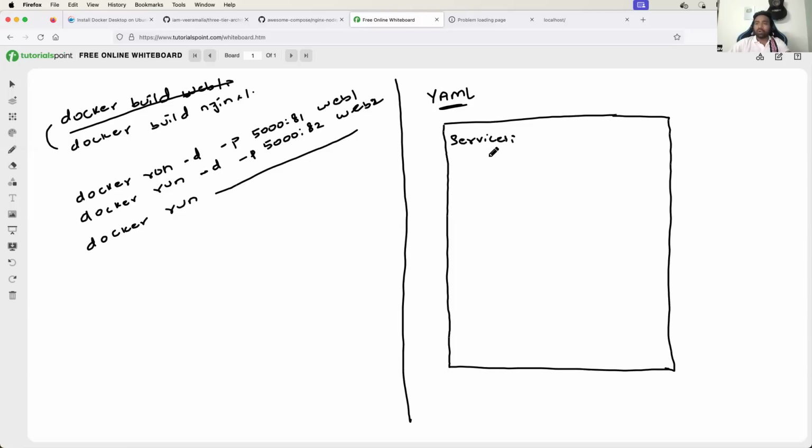Within the services, what are the names of your services? First one I can call as web1. Next I can call as web2. Next I can call as Nginx. Within this, that is within the web1, what do you want to do? I want to build it. How do you build? Provide the location of your Docker file, right? Same, web2, how do you want to build? Provide the location of your Docker file. Nginx, same thing,